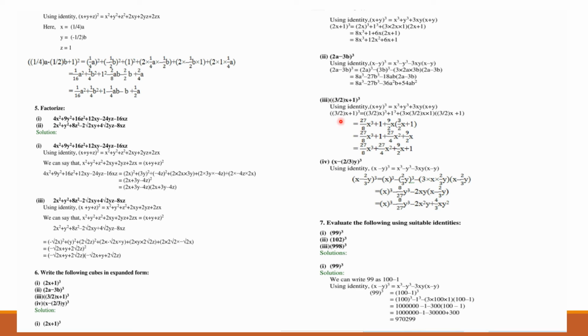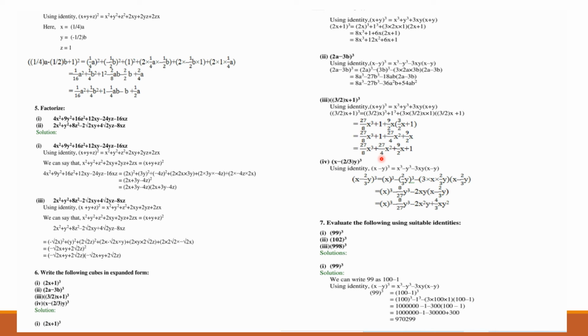Just see this third part. It is in fraction. Again a fraction, how will it be done? No need to worry. Just instead of x, you will put 3 upon 2x. So 3 upon 2x whole cube is 27 upon 8x cube. So simply the way is similar. It is not that because there is a fraction or root, it cannot be done, no. The way is similar. You all know how to calculate it. Just put the values in the identity and you can find your answer.